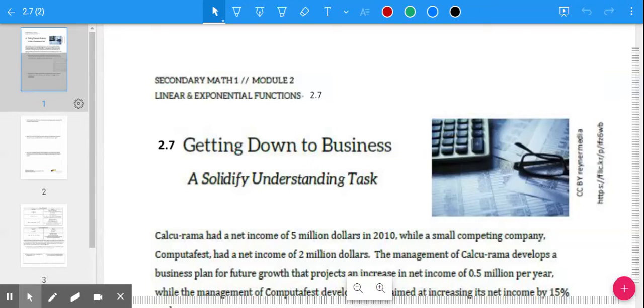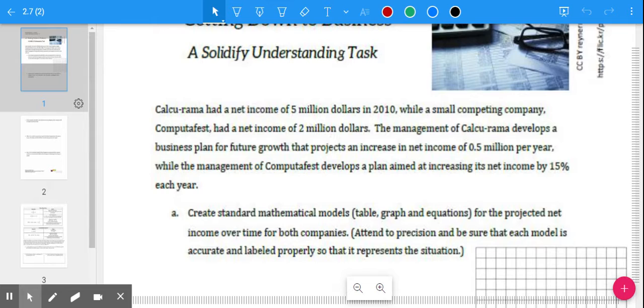Is 2.7 getting down to business. So we have these two companies, Calcurama and ComputerFest. Calcurama had a net income of $5 million in 2010, while a small competing company, ComputerFest, had a net income